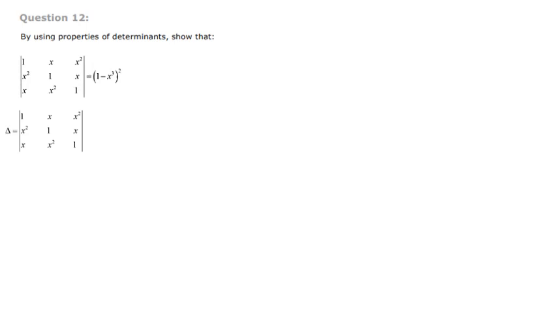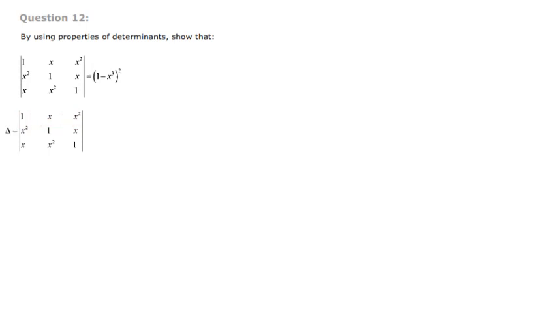So here when you check, the first row is having 1, x, x square, and the second row also having 1, x as well as x square, and the third row also having the elements 1, x and x square, only the order is different. So if I add these R1, R2 and R3, that is 1 plus x plus x square. Here also same thing, 1 plus x plus x square, so again here 1 plus x plus x square. So everywhere the same term is coming.